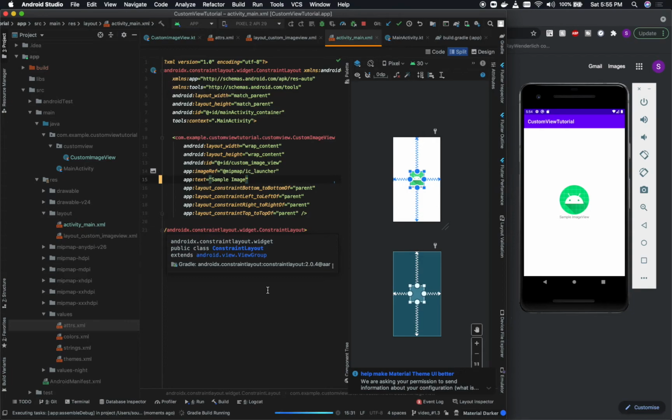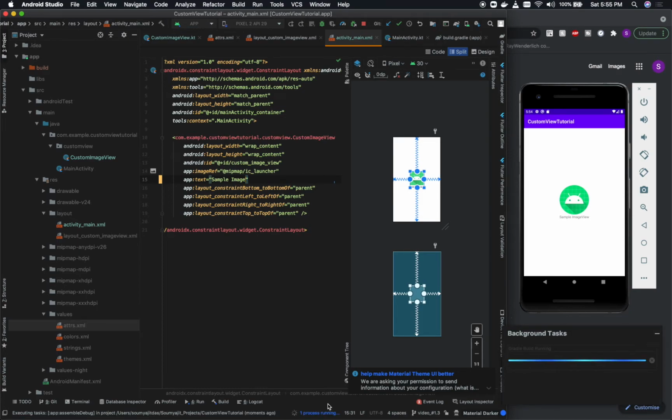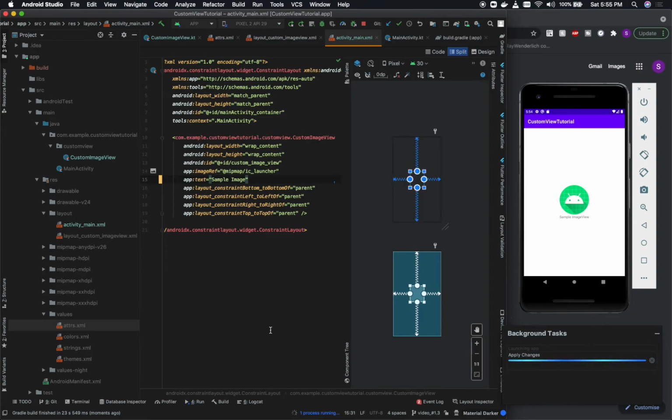So the changes have started applying, the build is running. Now within a few moments the changes should be applied.